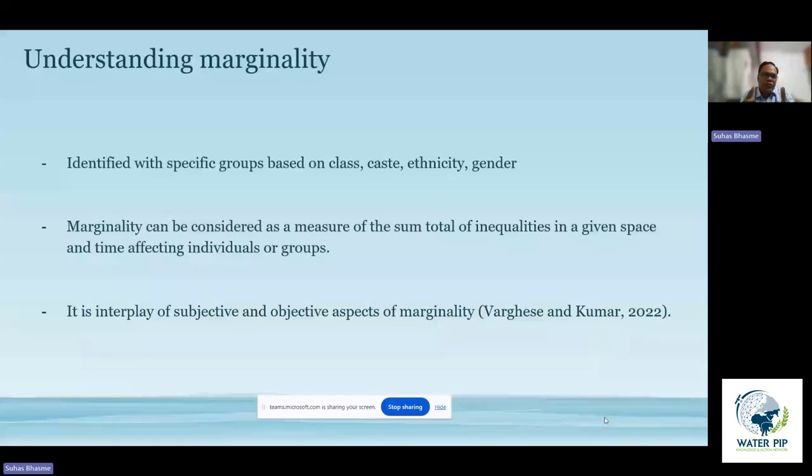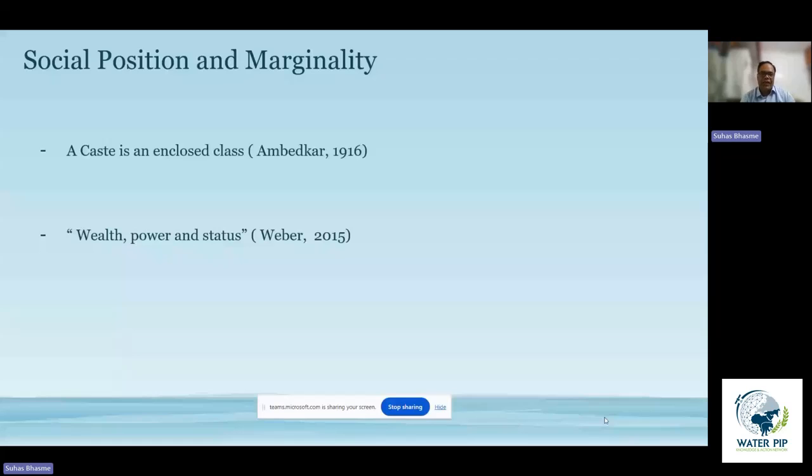In fact, what I also like to understand about marginalization, and what I understood through my work, is that when we talk about marginalization, it is not merely about understanding the barriers that restrict the opportunities or accessibility of marginalized communities towards certain resources. What is also interesting is the way the marginalized communities, by adopting different strategies, overcome these barriers. So I think that interesting interplay of subjective and objective conditions is an aspect to be looked at when we are mapping marginalization.